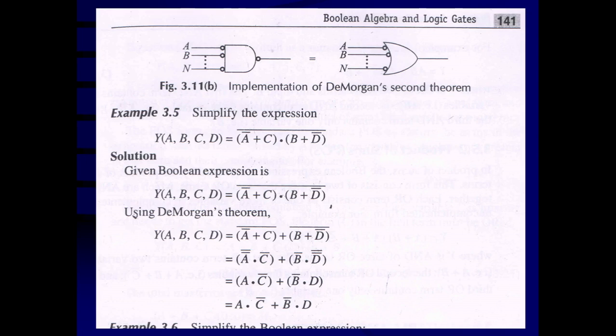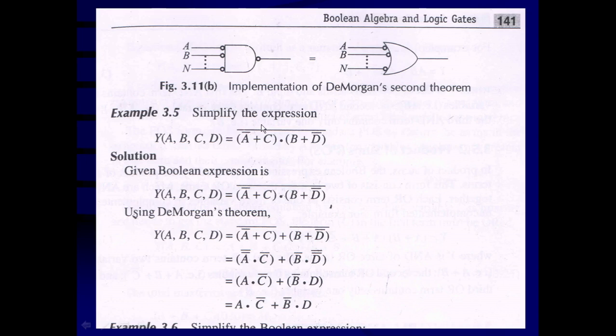So in general, for De Morgan's theorem, the inputs are inverted, the AND gate becomes an OR gate and the OR gate becomes an AND gate. The result is this: whatever inputs are under the negation, and negation means bar, will be inverted and the sign will be changed. That means the AND function becomes the OR function and the OR function becomes the AND function. This is common to the first and second De Morgan's theorems.